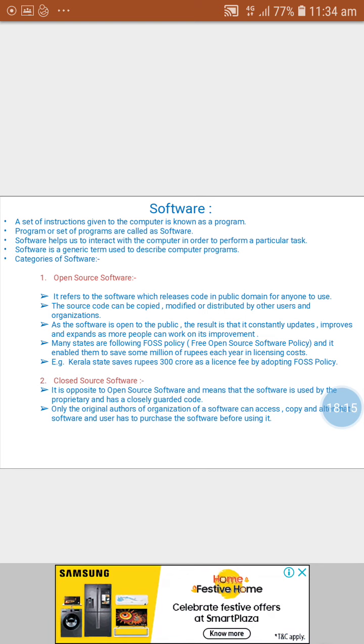This source code can be copied, modified or distributed by other users and organizations. As the software is open to the public, it constantly updates, improves and expands as more people can work on its improvement. Many states are following FOSS policy.